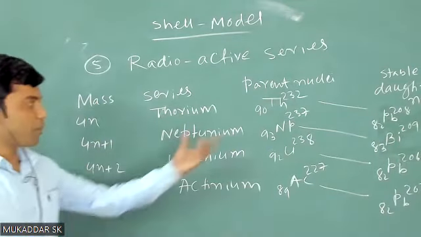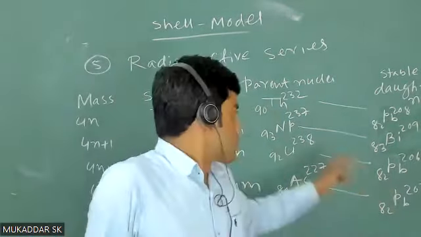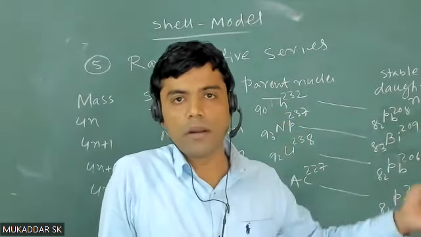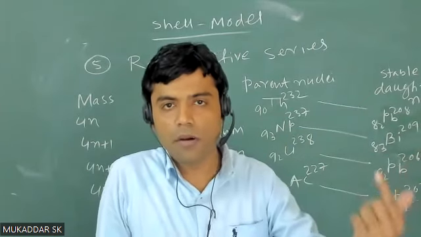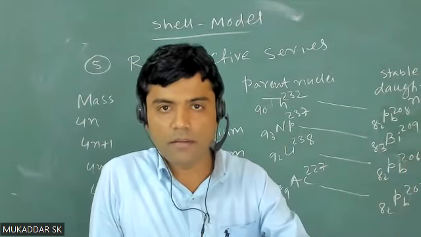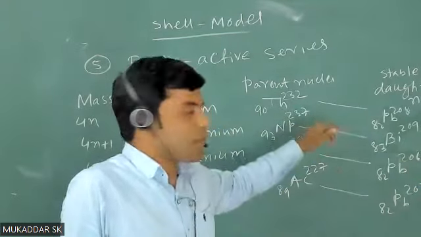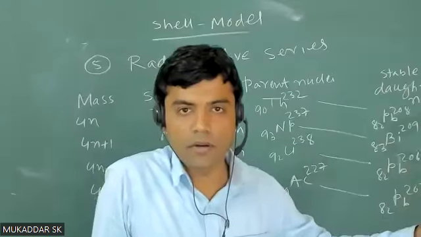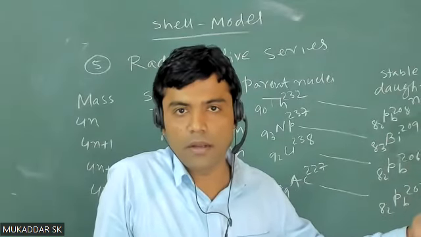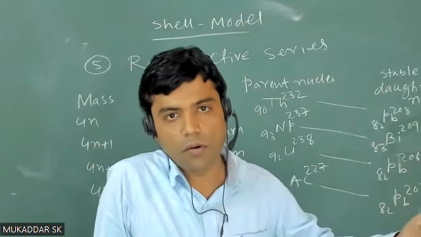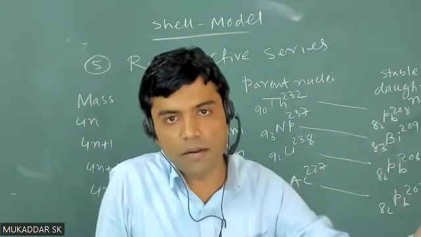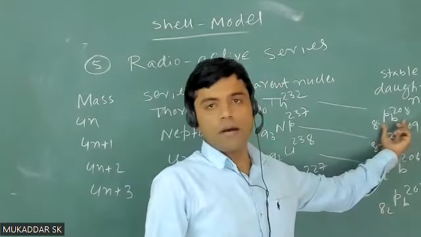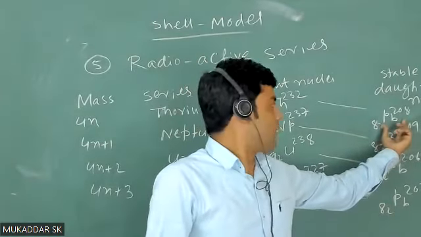Okay, so there are 4 radioactive series, you know? This particle will undergo radioactivity. They will emit a few alpha particles and a few beta particles to achieve stability. This will be converted to another radioactive nucleus by emitting alpha or beta particles. Then that will also not be stable. They will further emit some radioactive particles, and at the end, this will be the product,